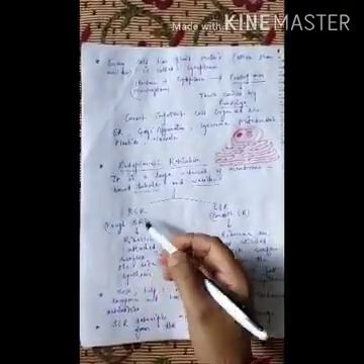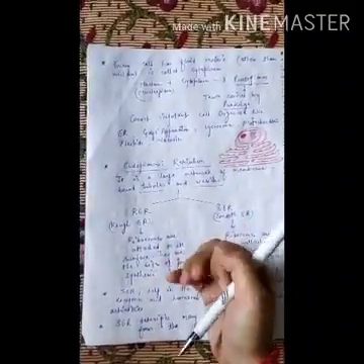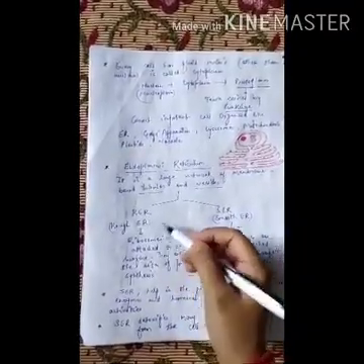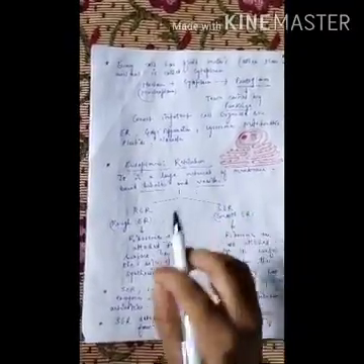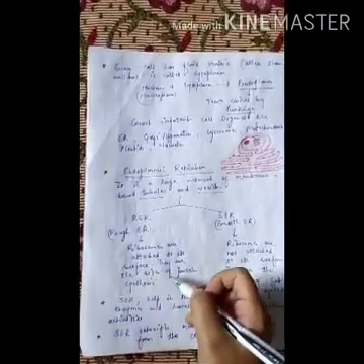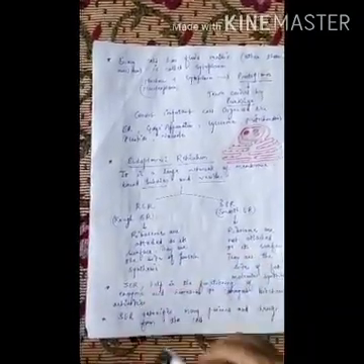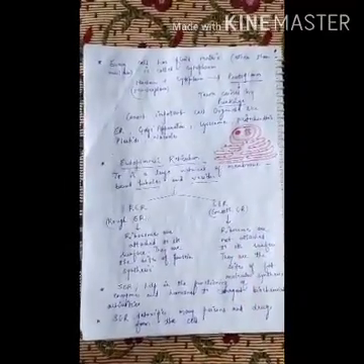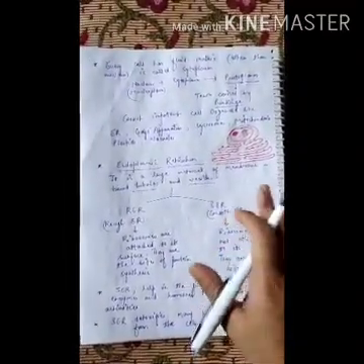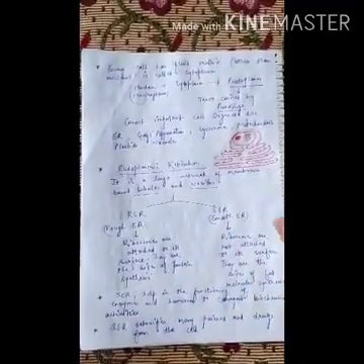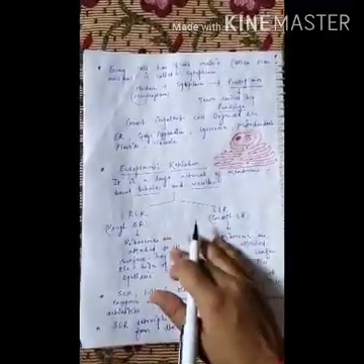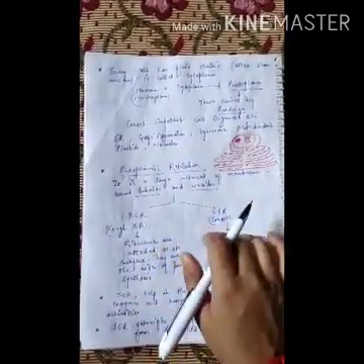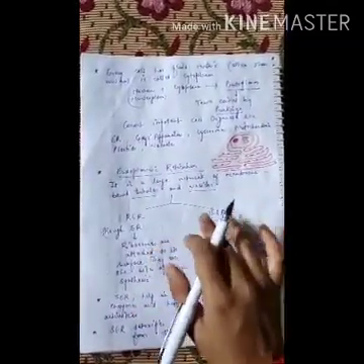RER means rough endoplasmic reticulum. They are called rough because ribosomes are attached to their surface, and they are the sites of protein synthesis. And SER, that is smooth endoplasmic reticulum, has no ribosomes attached to its surface, and this is the site where fat molecules are synthesized. So this is the difference between the RER and SER. Both are types of endoplasmic reticulum and both are found in every cell.